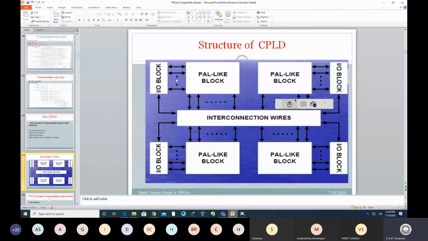I am not denying you, because your PLA has programmability. Ultimately, I would like to have more and more flexibility, and when I say programmability is more, then I can consider the flexibility is also more. So that is true, PLA is having that. But the question is whether it is really required.